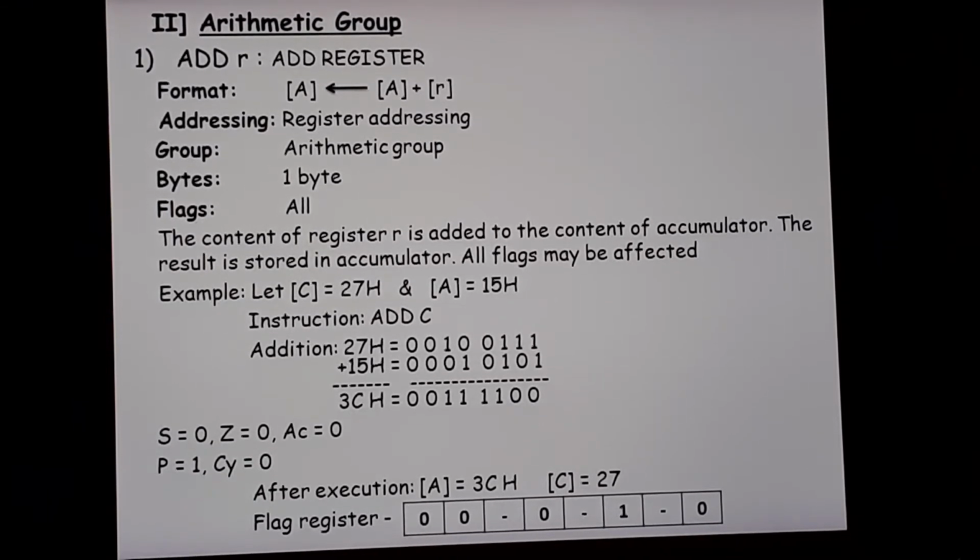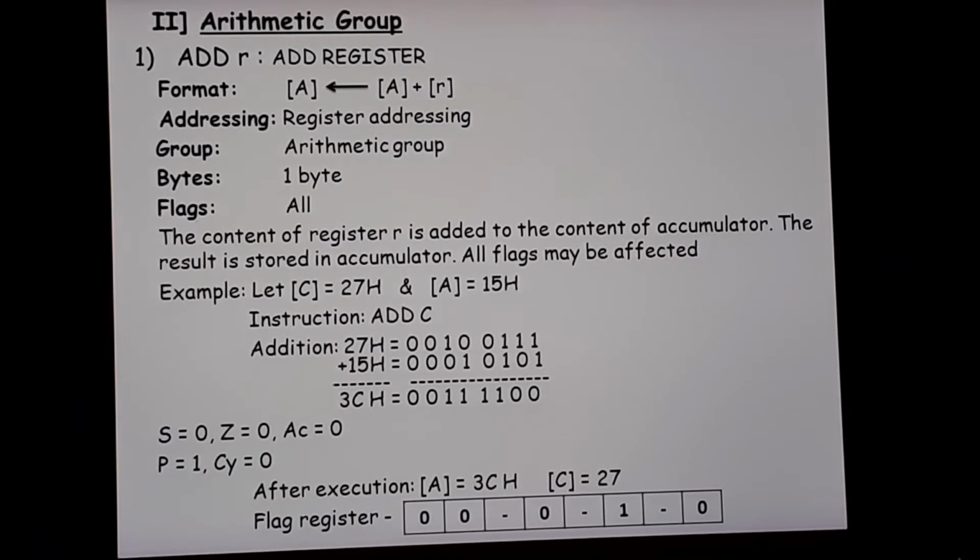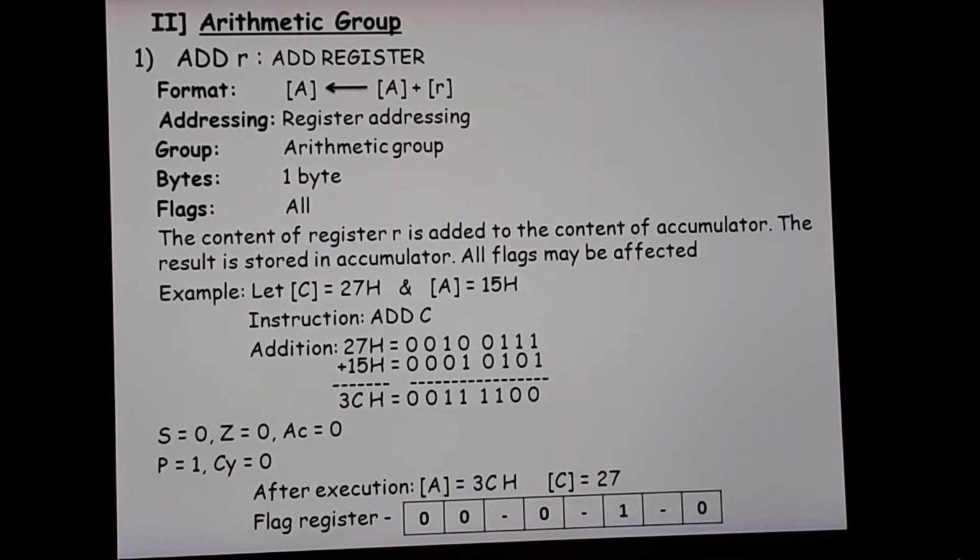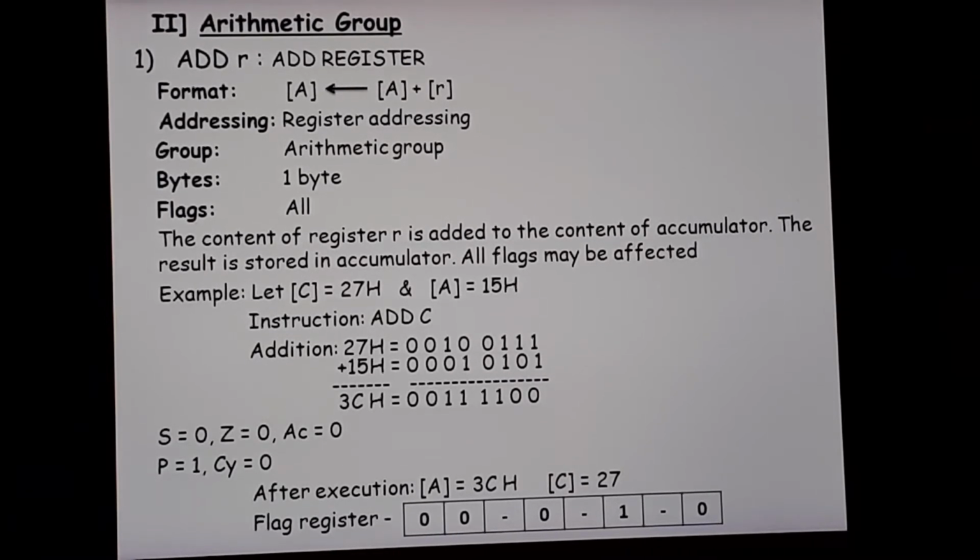Okay, so 3Ch, see, starting from the right hand side of these particular numbers I'll show you the addition. 1 plus 1, the sum came 0 and carry 1. So again 1 plus 1, sum is 0, carry 1. Triple 1 means sum is 1 and carry is 1, correct? 0 plus 1, now 1. Okay, so 0 plus 1 again 1, 1 plus 0 is 1, 0 plus 0 is 0, 0 plus 0 is 0. So my answer is 0011, which is 3, and then 1100, which is C.